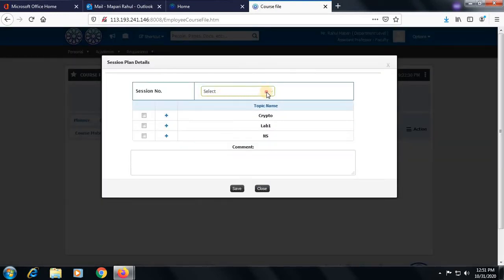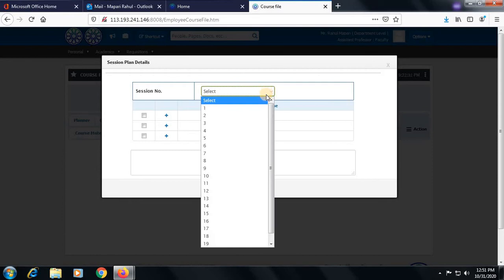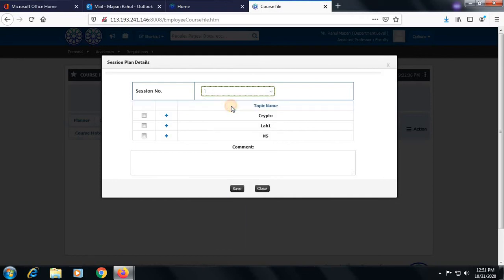Now here in this list, it will give you all the sessions. So one by one we are going to select the sessions, and here we have to select the topics and subtopics which we are planning to cover in that particular session. So in session number 1, I am planning to teach this particular topic.